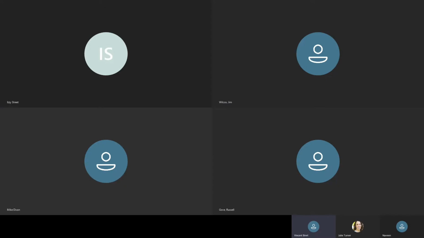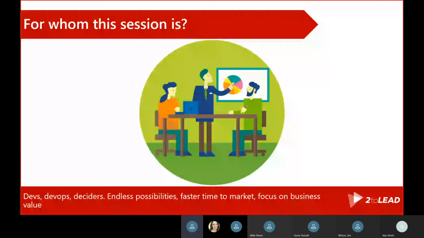What I ask myself when I prepare a session is, who am I intending this session for? As you probably have seen in the title, we have a lot of technical terms. We're talking about the SharePoint Framework, the Microsoft Graph, Azure Functions. Those are mostly dev notions, right? So, of course, this session is mostly going to be oriented towards developers or DevOps engineers, as the trendy word